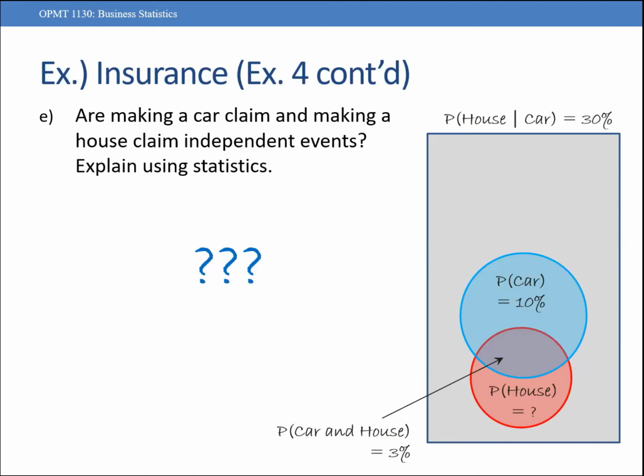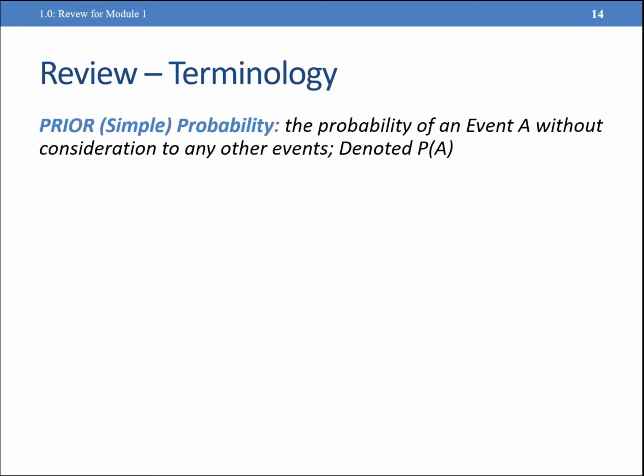Okay, so I'm going to introduce terminology that is used in the textbook. These are all concepts that you learned in business statistics, but the language might be slightly different because it's more technical. It's what it's technically called, which we don't always use when we're teaching business stats. So a prior or simple probability is the probability of an event without consideration to anything. It's just your basic P of A. It would have been the probability of a car claim, the probability of a house claim,